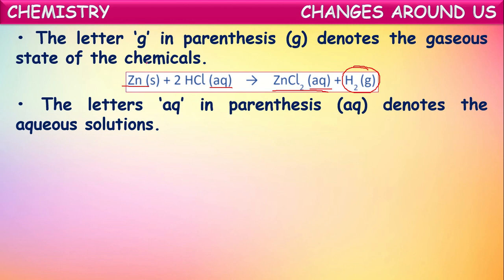So overall we can understand here that solid zinc, on reacting with aqueous hydrochloric acid solution, forms aqueous zinc chloride solution and liberates hydrogen gas. In this way, the symbols in the parenthesis beside the symbols and formulae of chemical substances represent their physical state. Okay,